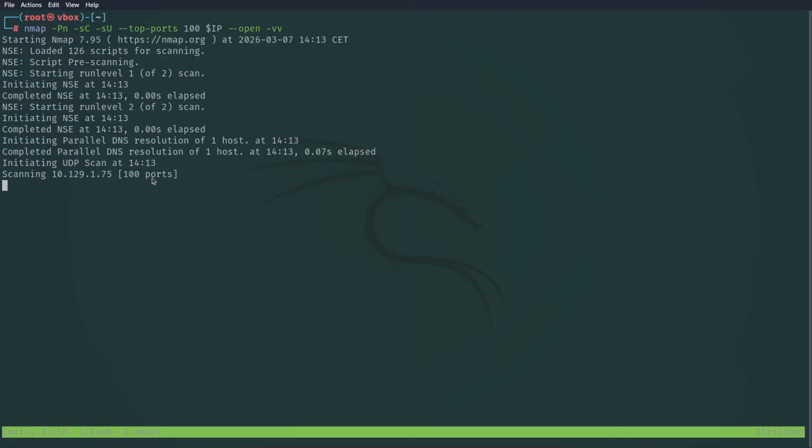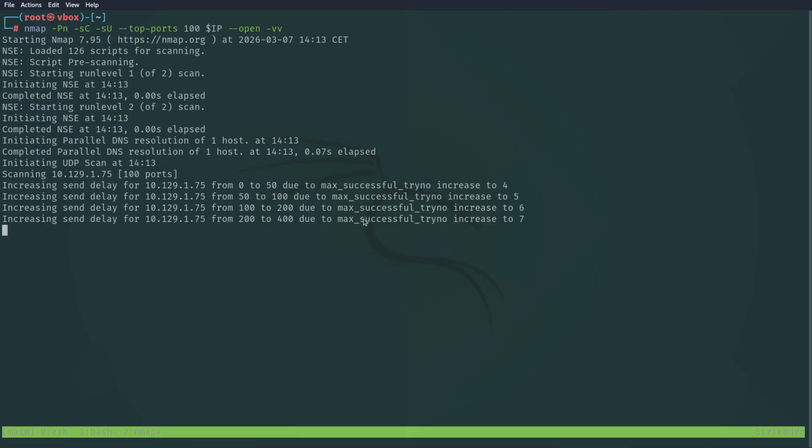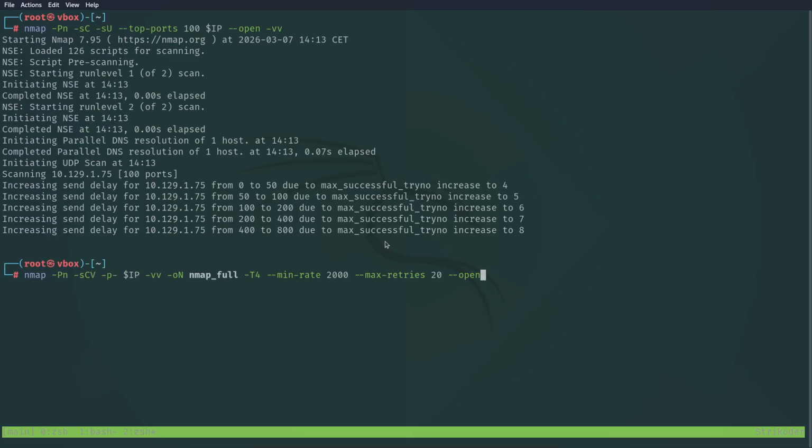But UDP is extremely slow, so this is going to take a lot of time. Here we see the time increases. So I'm going to cancel that and maybe we can